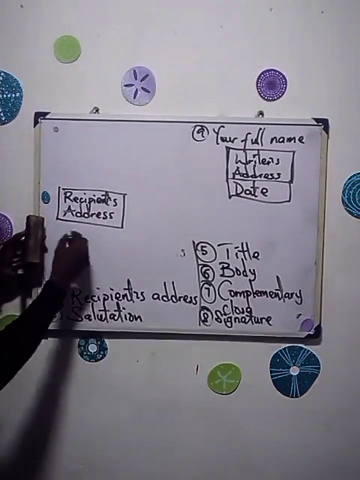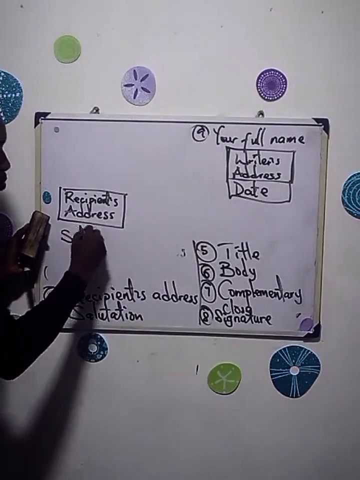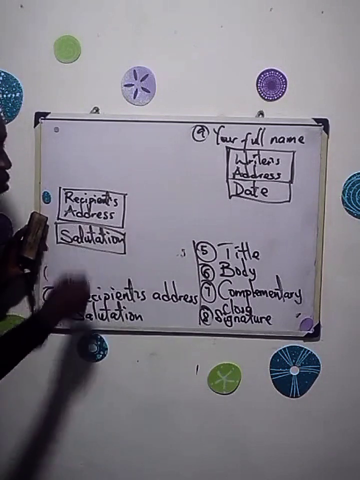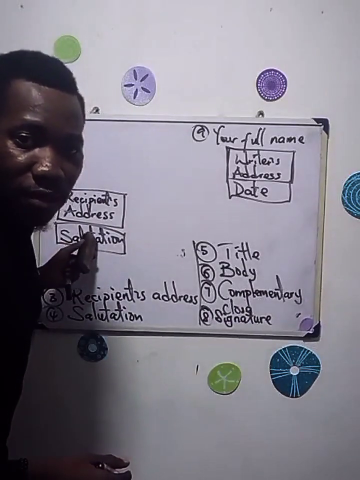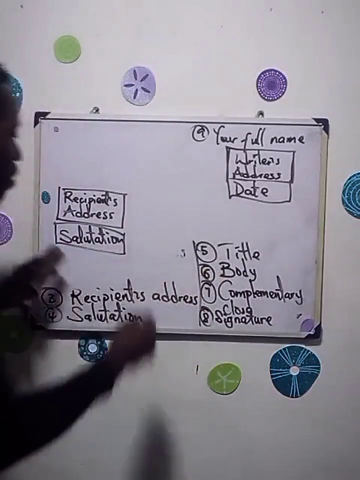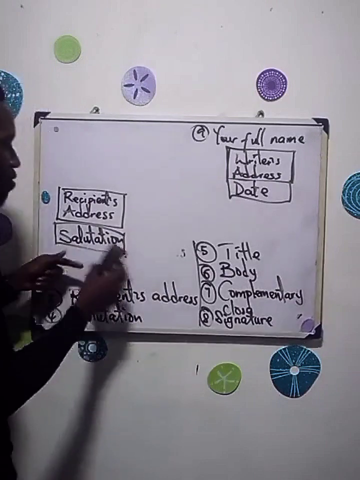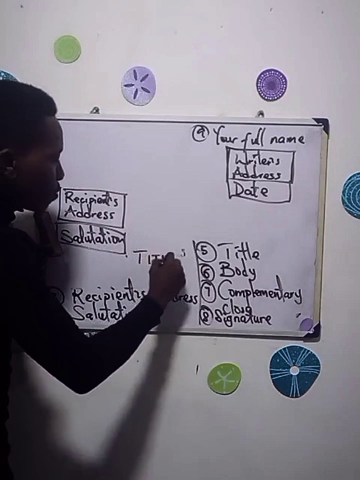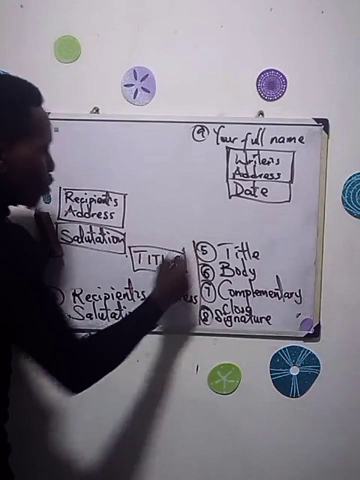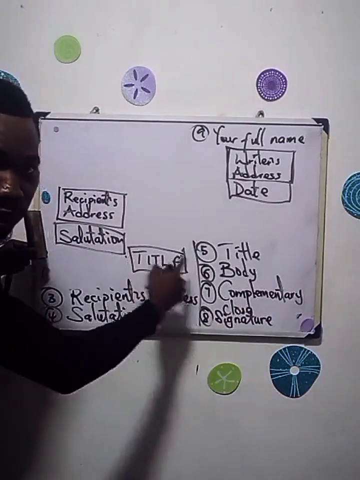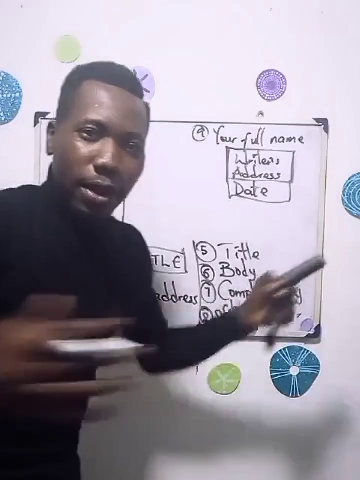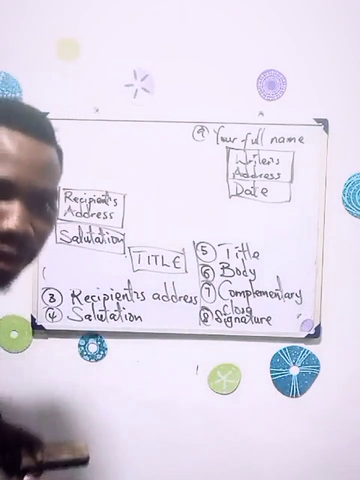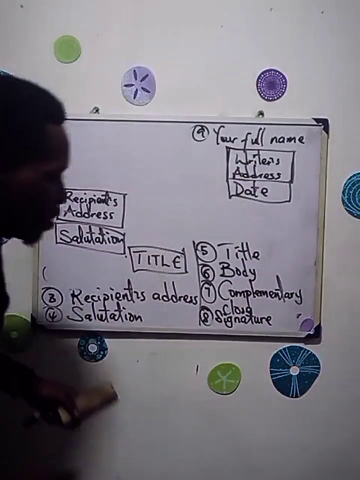You have the salutation here. Now after the salutation, what is the next thing? The title. The title is usually centralized, at like the middle here. When you have it all caps, there is no need to underline. All capital letters, don't underline, okay? So that's the title. Then what's the next thing?